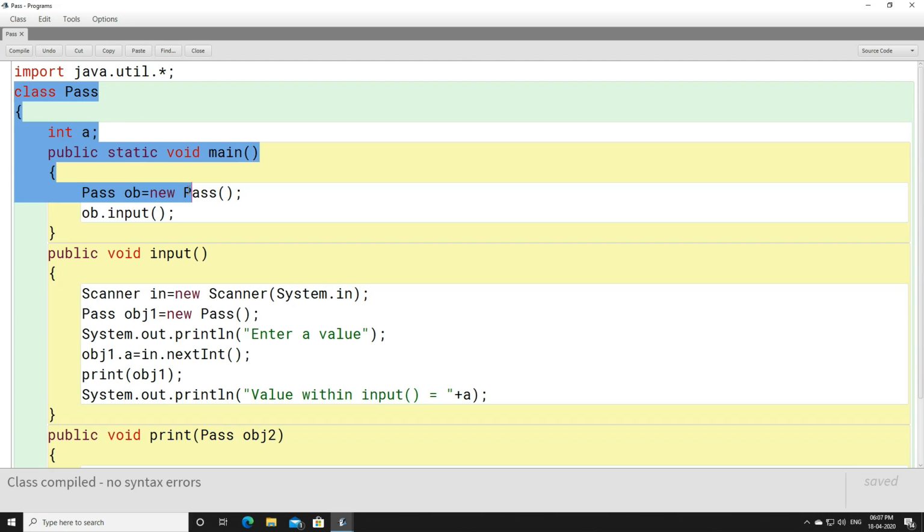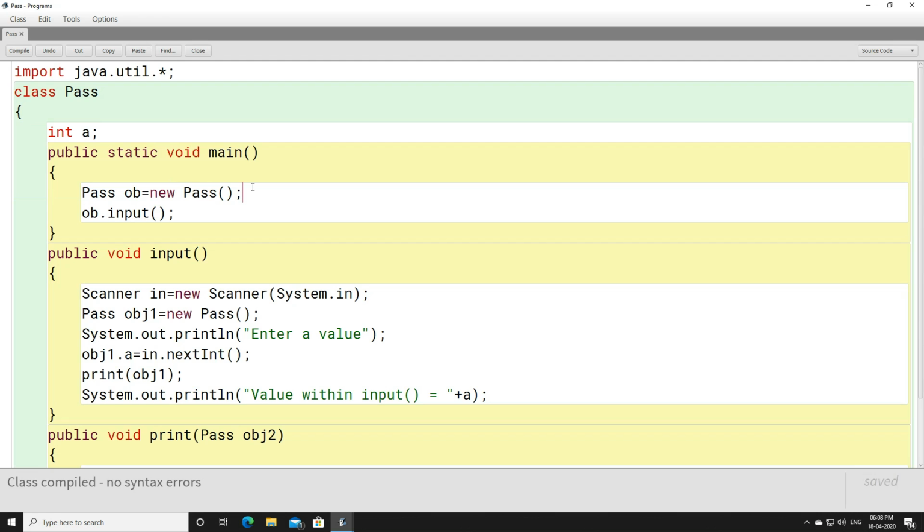You can just skip this program. It is not at all required. You just have to focus on pass by value. Whatever programs we will do in class 10, or when you do programs in class 9, all the programs are based on pass by value. You are not going to be asked to write a single program based on pass by reference. Well, if you take computer in class 11 and 12, then you are going to write programs based on pass by reference, and at that time again we are going to discuss what is pass by value and pass by reference.